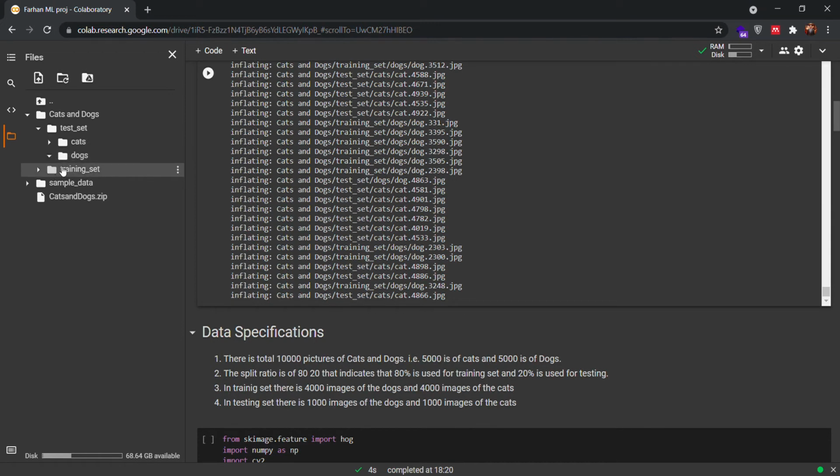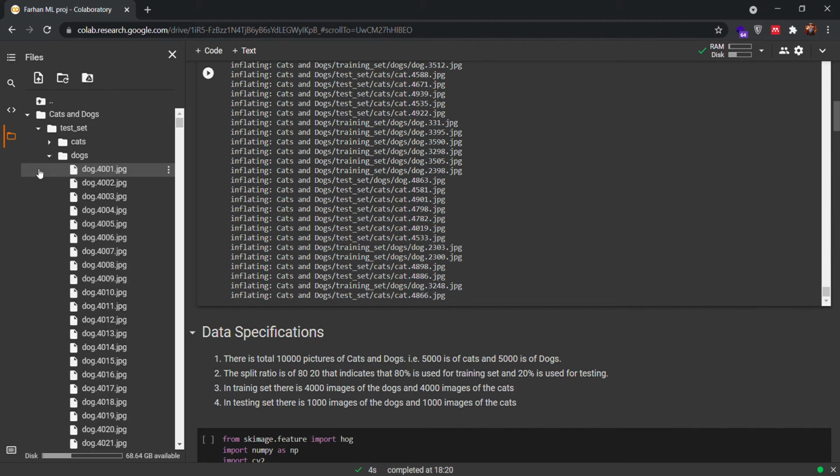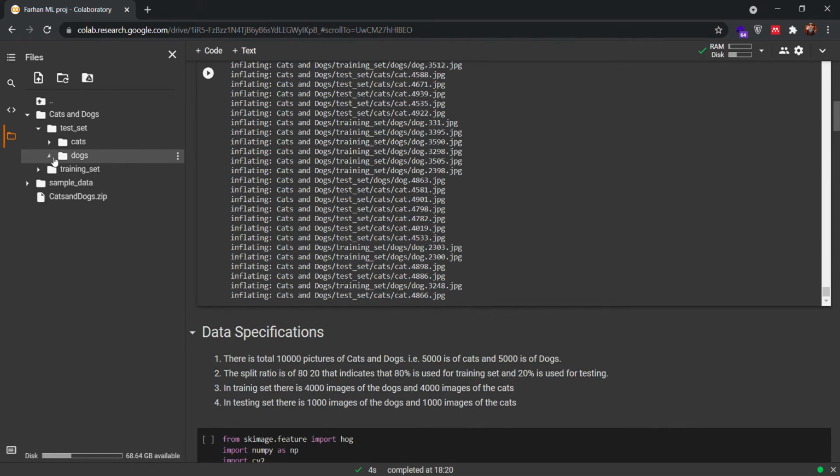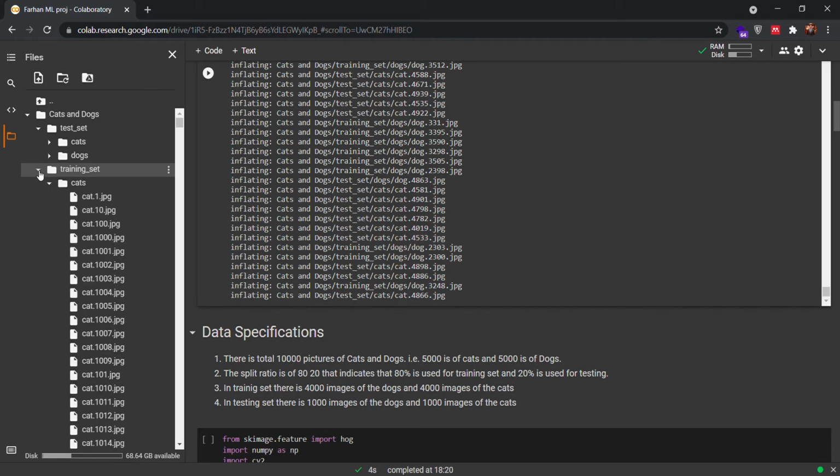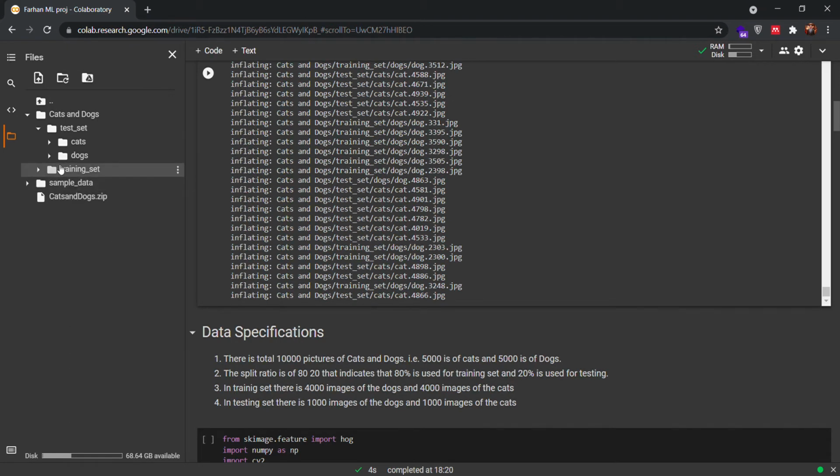Sorry, I think I mixed the data sets. This is the training set and this is the test set. In the training set we have a total of 2,000 pictures, which includes 1,000 pictures each of cats and dogs to train the software.